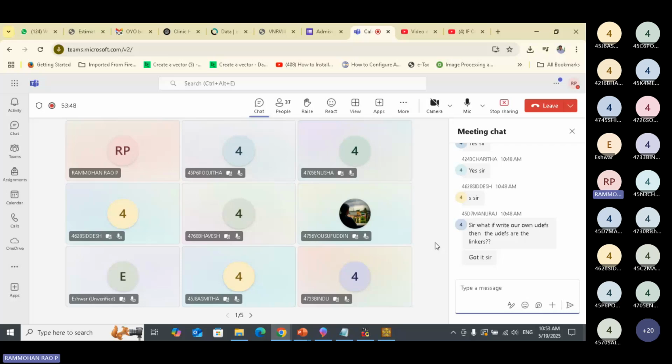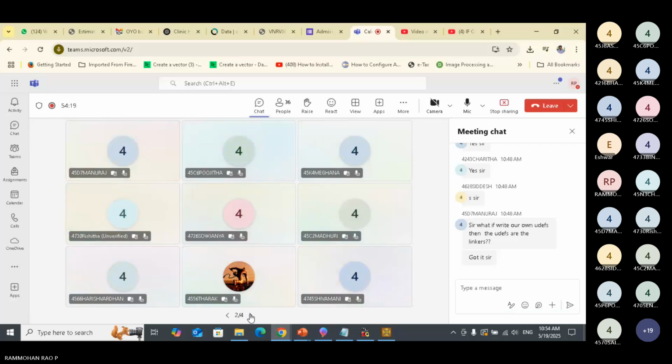You don't know what a data type is? Manuraj, Pujita, Yusuf, Ishwar is also there. Bindu, are you there? Meghana, Madhuri, Harshvardhan,